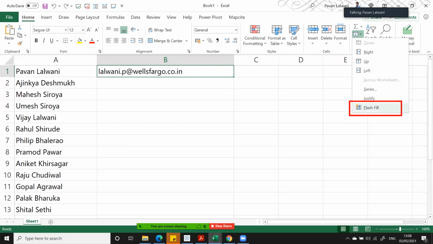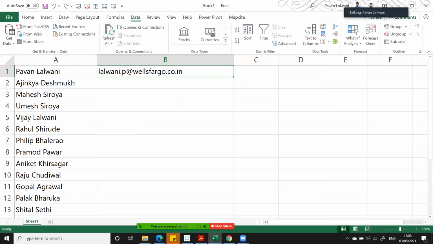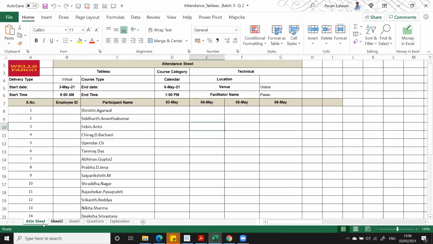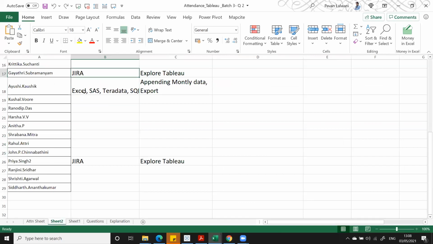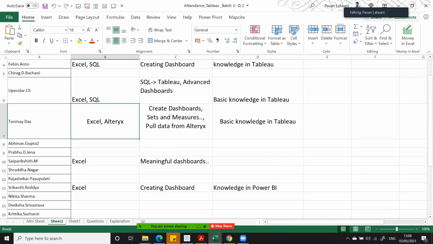So what I'm trying to tell you is, this kind of cleaning should be mostly done in Excel, or in Power Query also. Power Query is one more topic which is hidden at the back end. This is the Power Query topic. A person who knows Alteryx might understand. Tanmay knows Alteryx software. Alteryx is an ETL tool, a data cleaning tool, and much more than that. So how to clean this data?